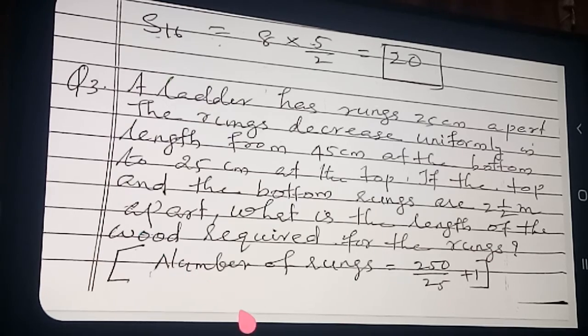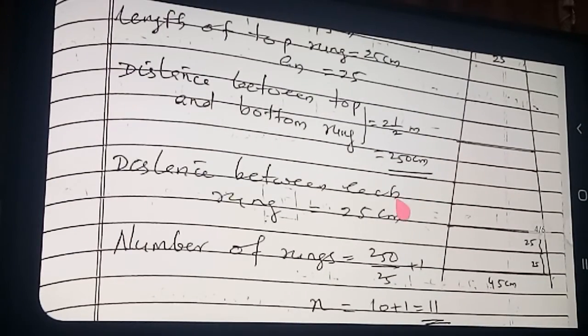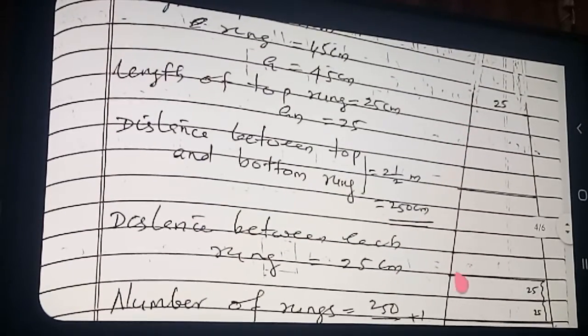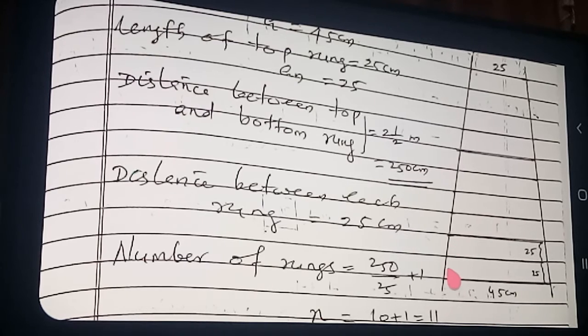Downside I have drawn the diagram so that I can explain to you. See here the diagram. This is the ladder. In the ladder, they told about the rungs. Rungs means what? These are the wooden pieces kept on this. First one, second one, third, fourth, fifth, sixth, 7, 8, 9, 10, 11. In this way the wooden pieces in between the ladder are kept. This one we are calling rungs, each step of the ladder.